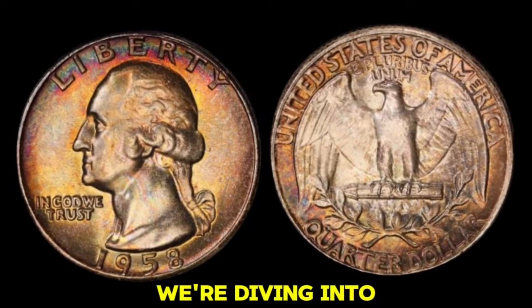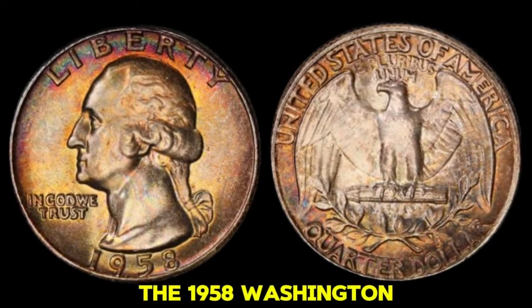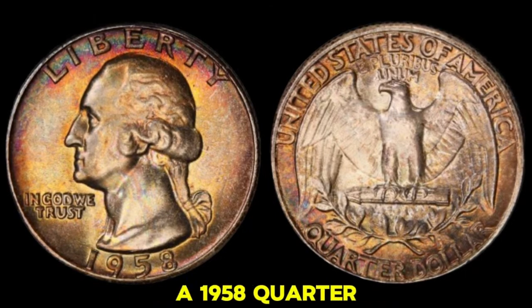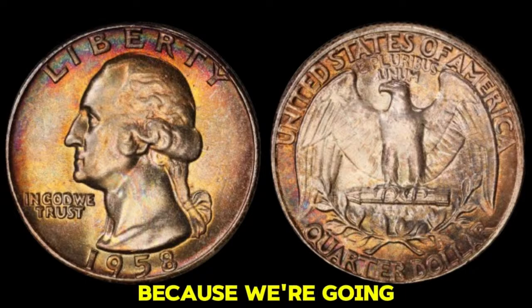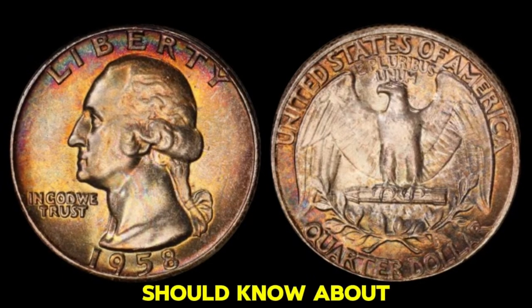Today, we're diving into one of the most interesting coins in U.S. numismatics, the 1958 Washington quarter coin. If you've found a 1958 quarter, especially one with no mint mark, you might be wondering how much it's worth. Is it a hidden treasure or just another coin in your pocket change? Well, stick around because we're going to break down the history, the value, and what you should know about the